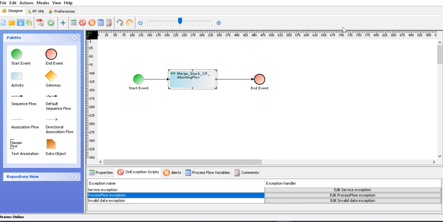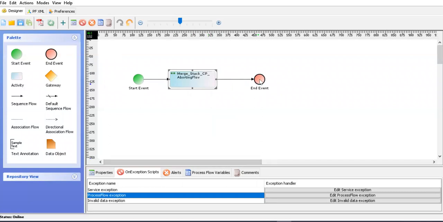So in this session, we are going to talk about what happens whenever there is a process flow abortion, or your process flow is aborted because of some exception. We have seen how we can write custom code and then notify the users. Let's say you have a specific business requirement: whenever there is a process flow abortion, you just want to notify the responsible person. You don't want to log it, you don't want to get the exception message or activity, and you don't want to write custom code first. You can achieve that by doing this.